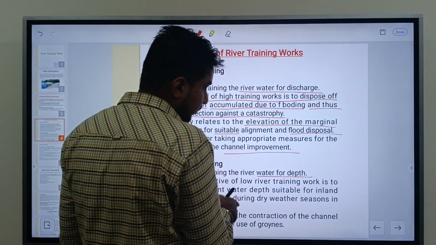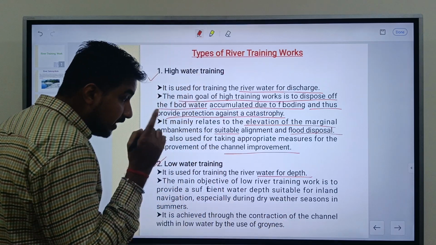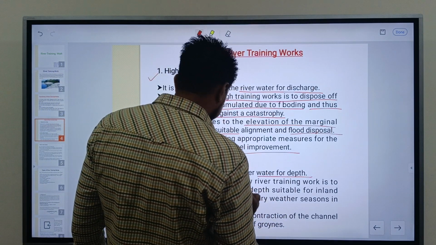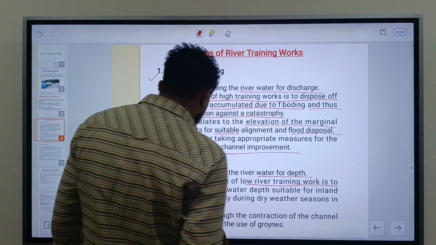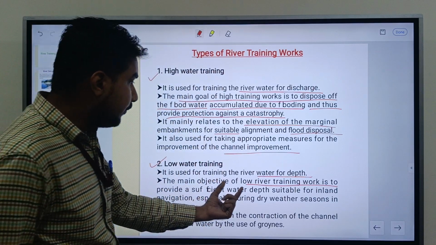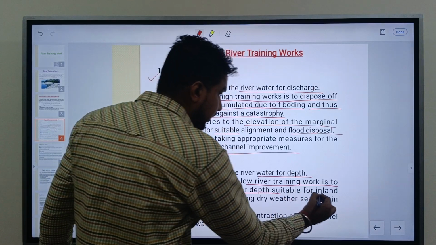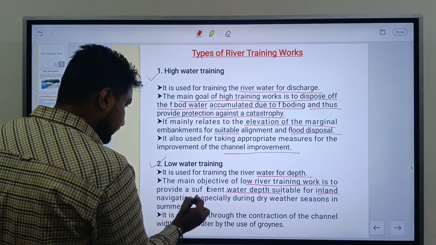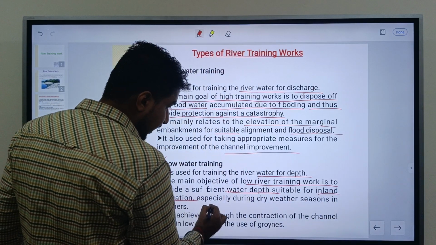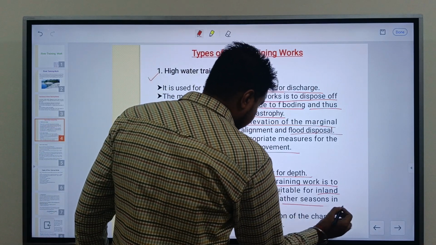In this we will discuss the low water training work. The main objective of low water training work is to provide sufficient water depth. Here we will discuss the depth of water suitable for inland navigation, especially during the low water season